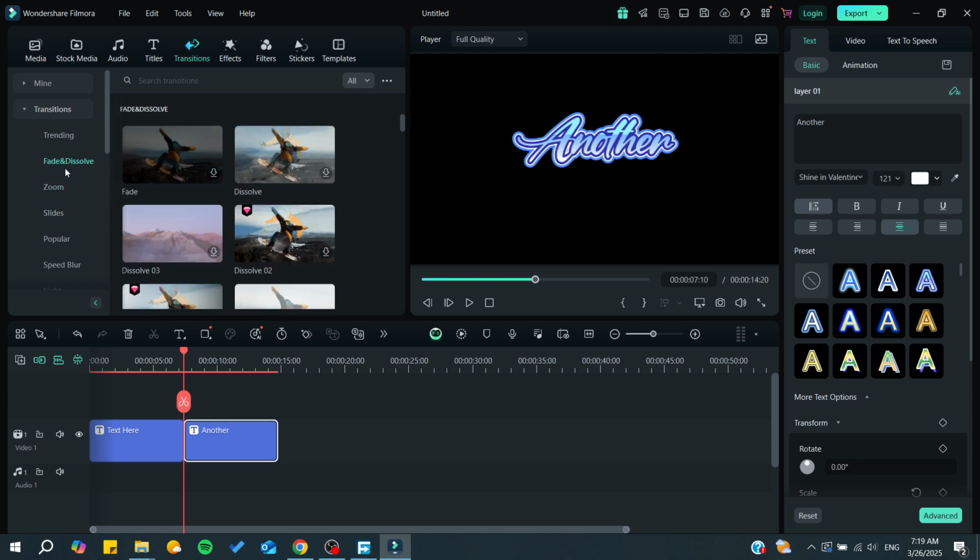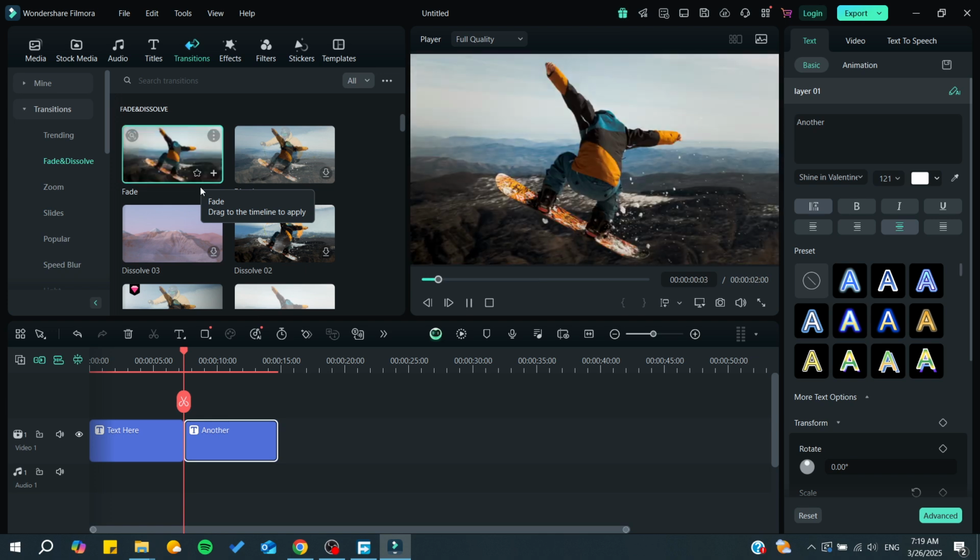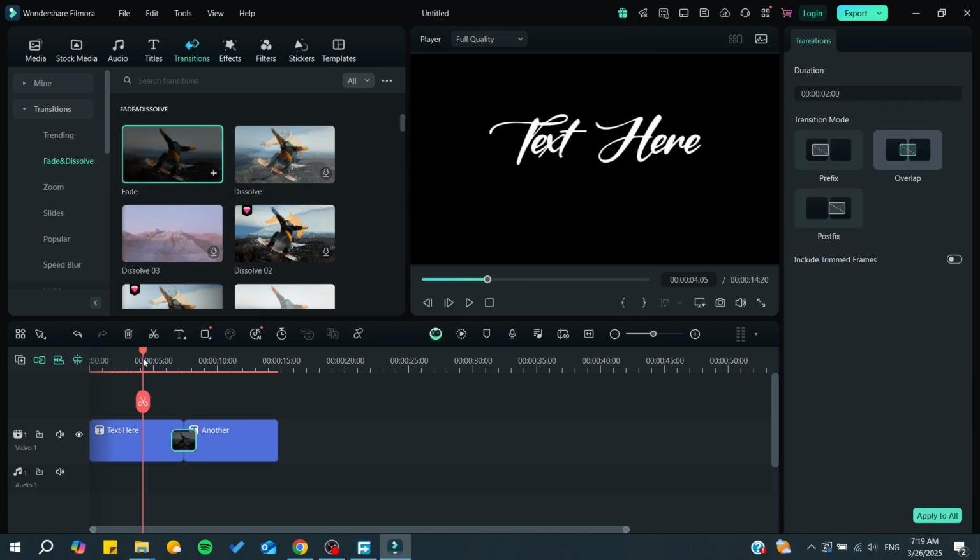So let's go for example for fade and dissolve. I'm just going to download it and then I'm just going to add it here. So all you need to do is to drag and drop, and basically now we are just going to see how that would transition. So as you can see, it's just given a transition,